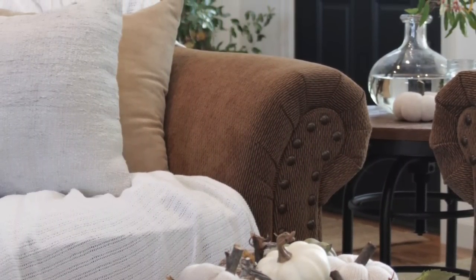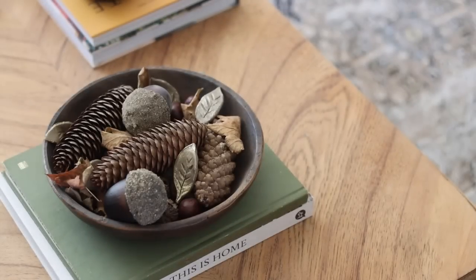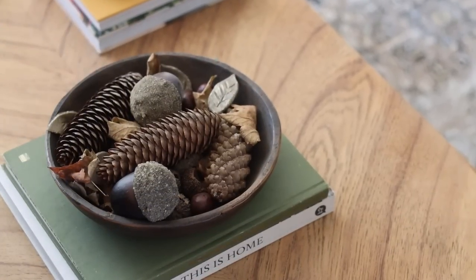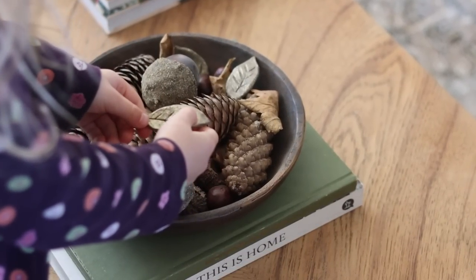Last year, I actually did air dry clay leaves that I put a little gilding wax on, and I did leaves and different acorns and things that we foraged for outside. So not specifically pumpkins, but I thought it turned out really cute anyway. But another thing is baskets. You guys know I have a basket obsession, and so a basket with pumpkins overflowing out of them, I love that. I think that it's very natural looking,